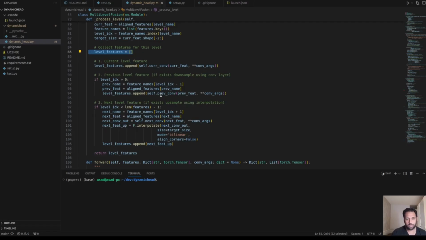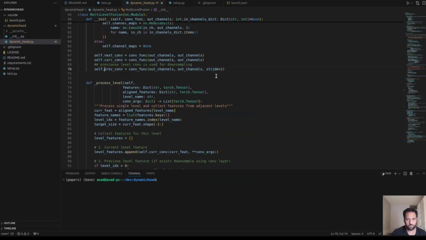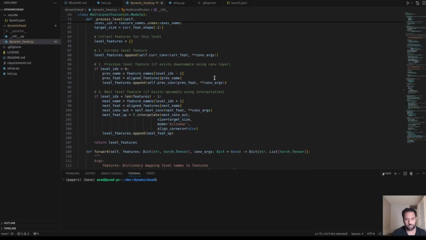If it is not, then it gets the previous convolution and downsamples it. The previous convolution has a stride of 2, because the previous feature channel normally has a bigger spatial size, so we downsample it to the current feature level. And if we have the next feature level, then we upsample it to the current feature level,